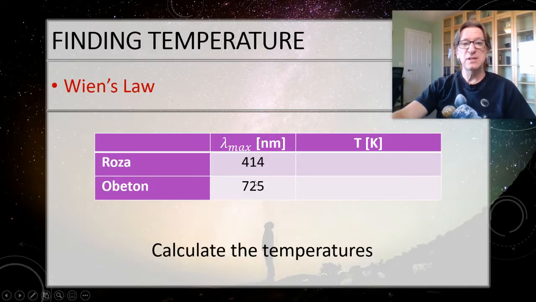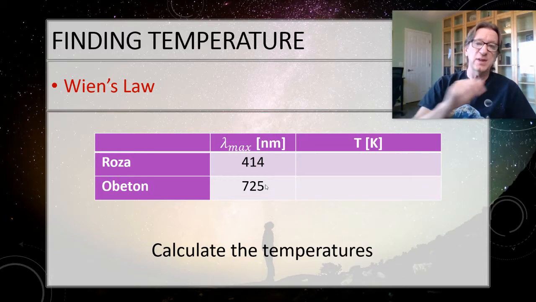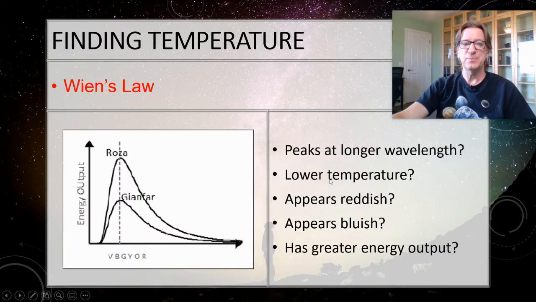Okay, so now you've seen how to calculate the temperatures. You could go the reverse. If I gave you the temperature of an object, like your body temperature, then you should be able to figure out what peak wavelength you're actually radiating in. And you do it the same way. You just have to solve that Wien's law equation for lambda max instead of for T. And you'll have to do that in the lab, and it'll give you an example of how to do that when you get a chance.